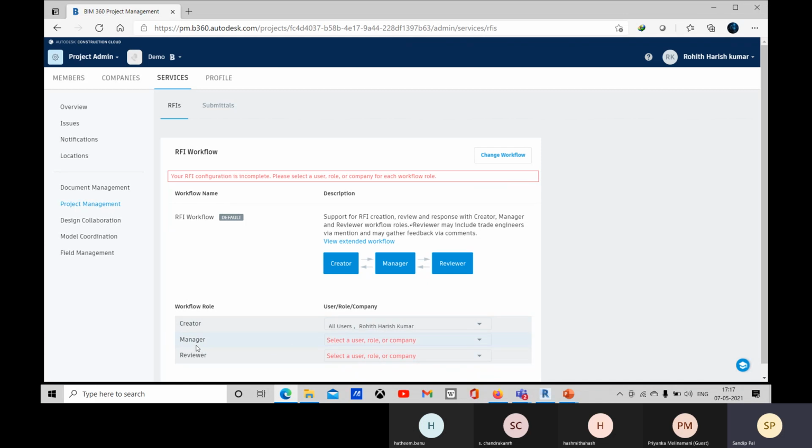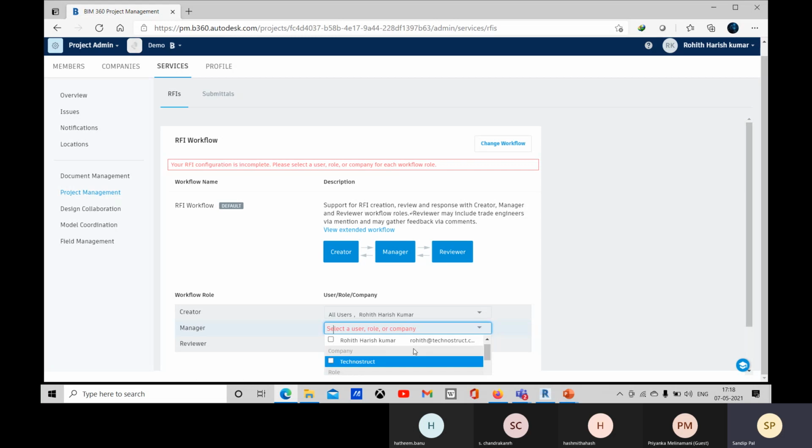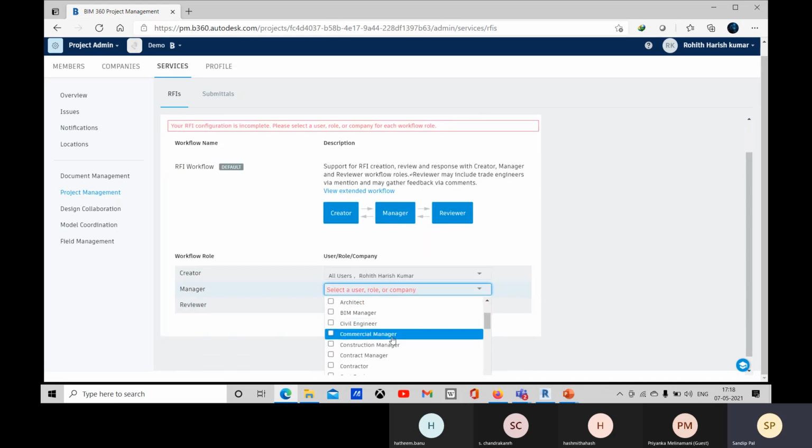Here you can see that right now I am the creator, because within this project no such members are added. I'm the only member who is added. And here you can go for any particular role as well.